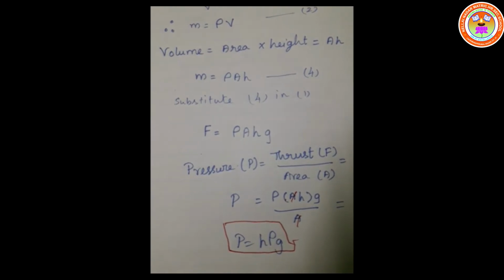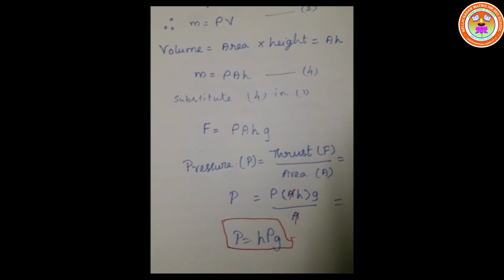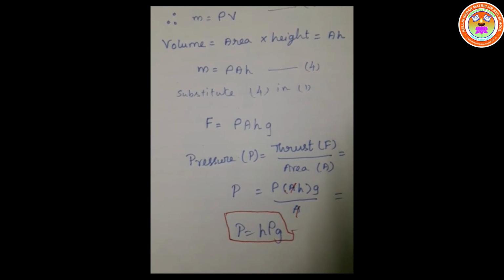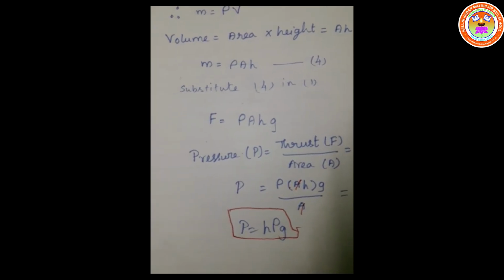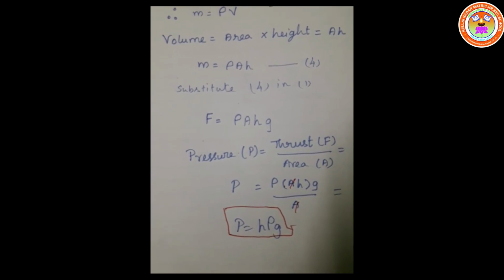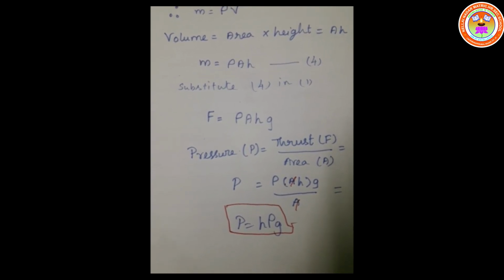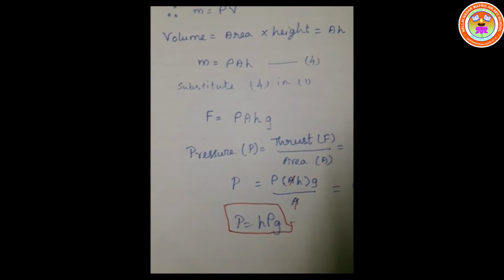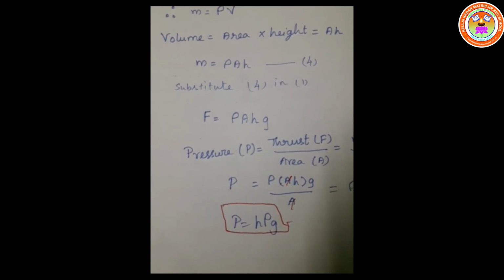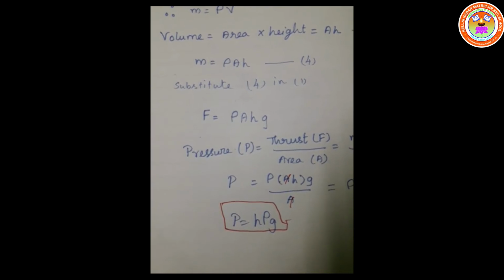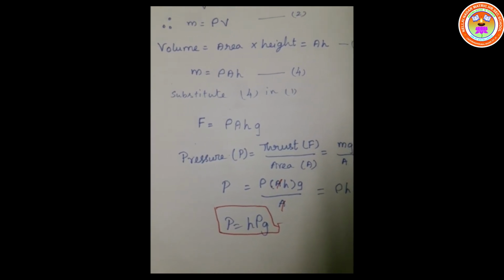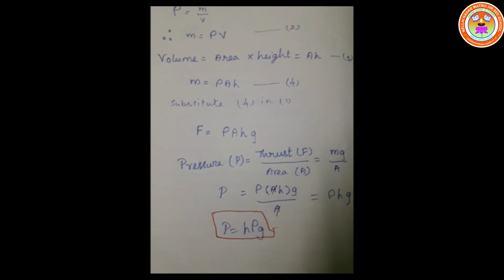This expression shows that pressure in a liquid column is determined by depth, density of the liquid, and the acceleration due to gravity. Interestingly, the final expression for pressure does not have the term area. Thus, pressure in a liquid depends on depth only, we can conclude finally. Thank you students, I hope you all understood.